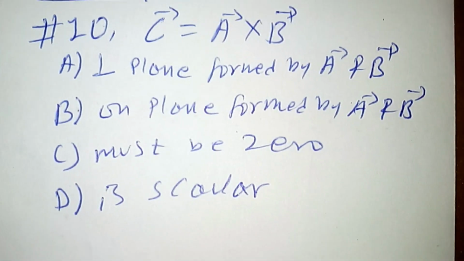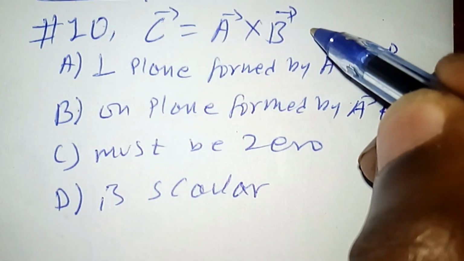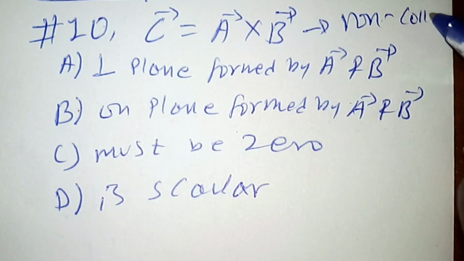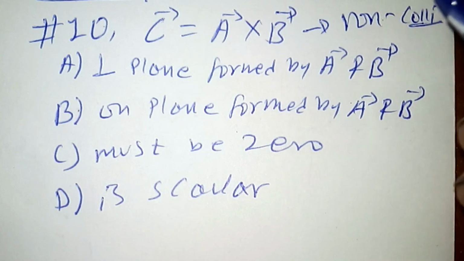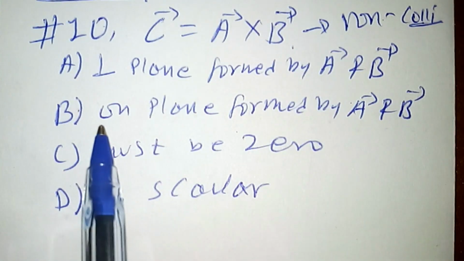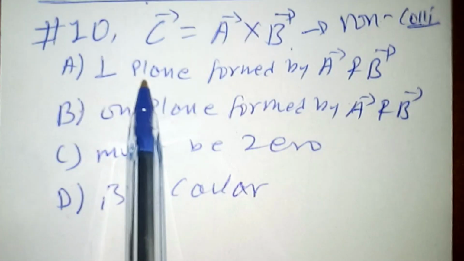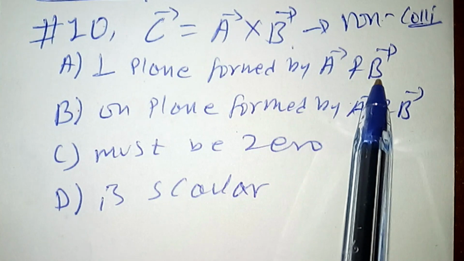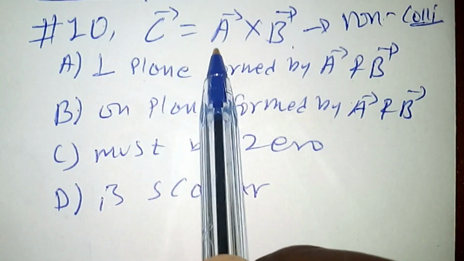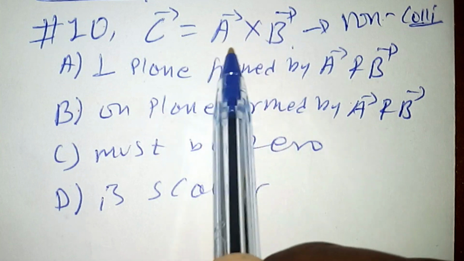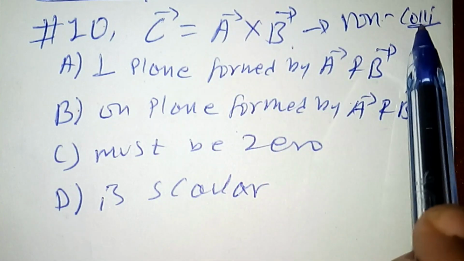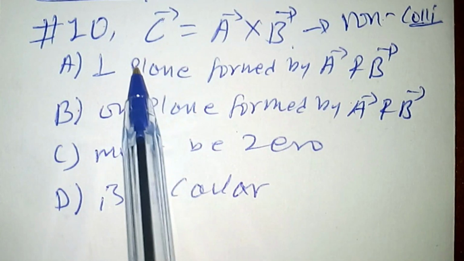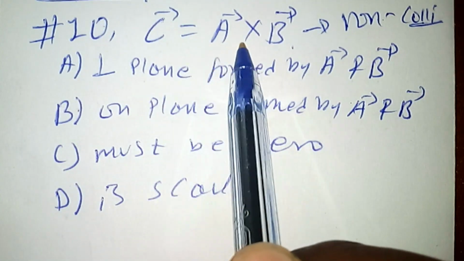So the vector product of two non-collinear vectors A and B is perpendicular to the plane formed by vectors A and B. This is true. If C is the vector formed by the cross product of A and B, which are non-collinear, then C is always perpendicular to the plane which is containing